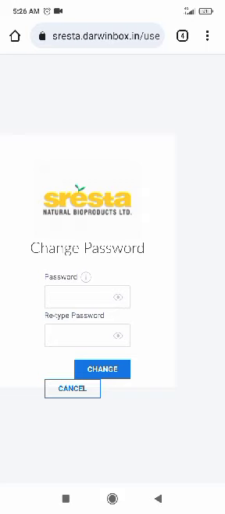It should take you to this page, and here I can set the password, and I can retype the same password and click on change. Then it should work properly. Here I want to tell you one more thing. In case you are not landing on this page,